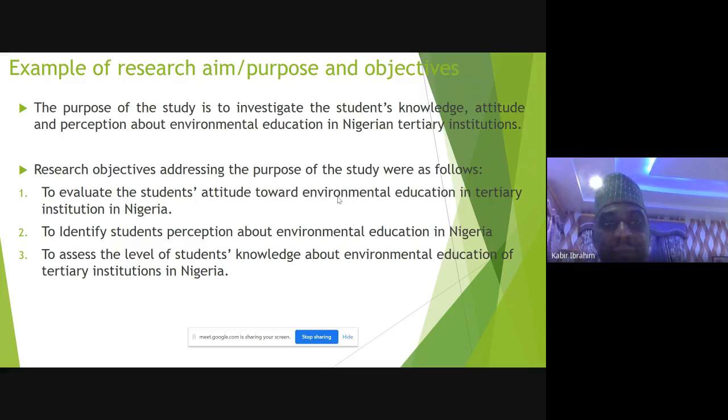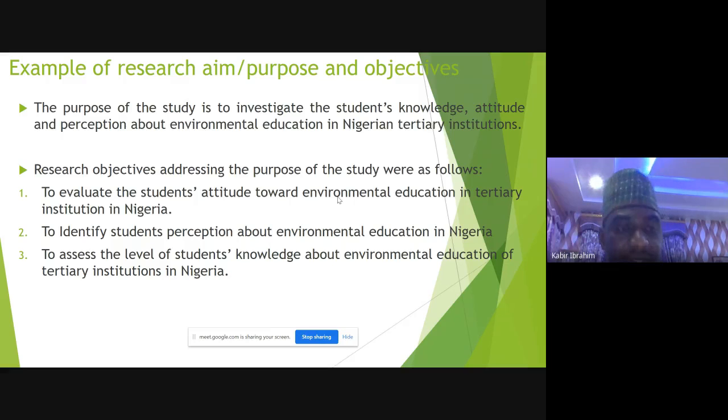Here I said the purpose of the study is to investigate students' knowledge, attitude, and perception about environmental education in Nigerian tertiary institutions. Research objectives addressing the purpose of the study were as follows. 1, to evaluate the students' attitudes toward environmental education in tertiary institutions in Nigeria. 2, to identify students' perception about environmental education in Nigeria. 3, to assess the level of students' knowledge about environmental education in tertiary institutions. And many more, you can bring as many